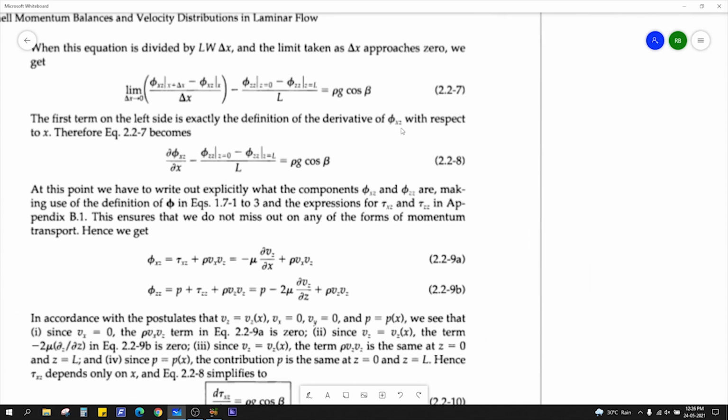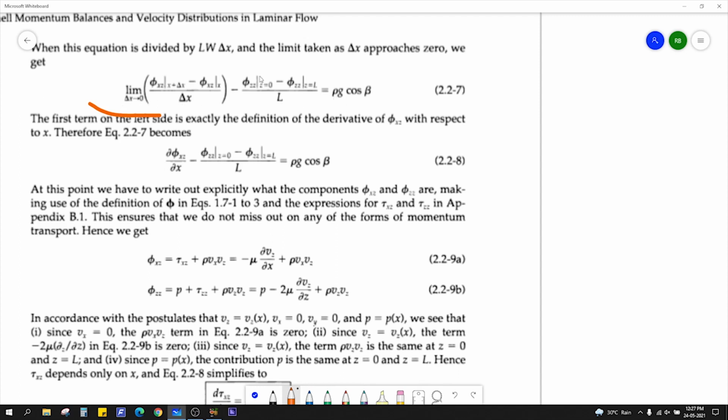So it is the exact definition of the derivative of this. You can do it directly here, or after making everything zero, right? Here it has firstly taken the limit. So if you take the limits,